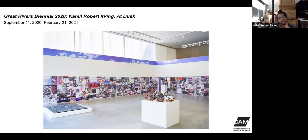The wallpaper was born out of making collages to make decal sheets for the image transfers on the sculptures. At one point I just decided to combine the decal patterns together and make digital prints that I could maybe sell for cheaper. Since my sculptures are so expensive, maybe I could make a little more money by selling prints. That didn't work so well. I didn't sell many prints. So I was like, well, forget it. What if I use the architecture of the museum at the scale to which I could translate more information